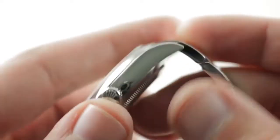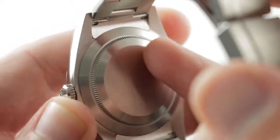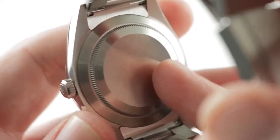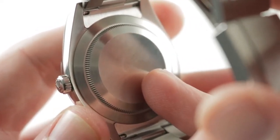It's a Twinlock. And then underneath the case back, thanks to the screw down crown, the screwed in case back, caliber 3132 is well protected. 3132 has all the toys, all the proprietary Rolex stuff. It beats away